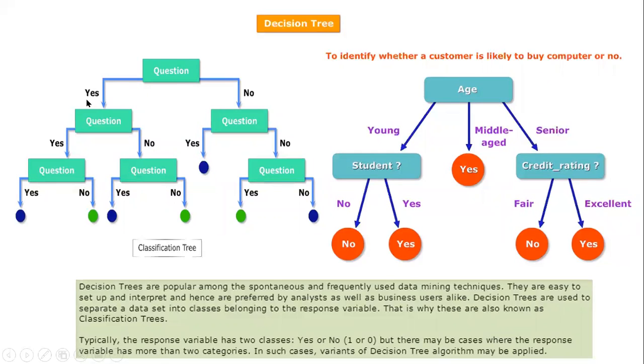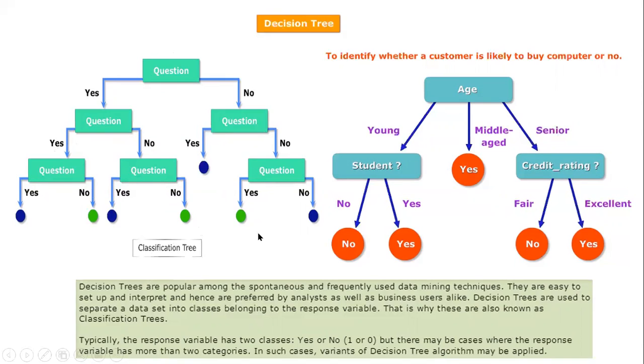So I'll ask some question, there will be yes and no answers. Once I'm done with this question and go to the next level, I'll ask other questions based on this particular condition. Then I'll again go to the next stage, right? This way I'm making a tree kind of thing, because a tree has branches. This is the stem, or the trunk of the tree. Then I have these two branches, then again these two branches and these two branches, and finally at the end